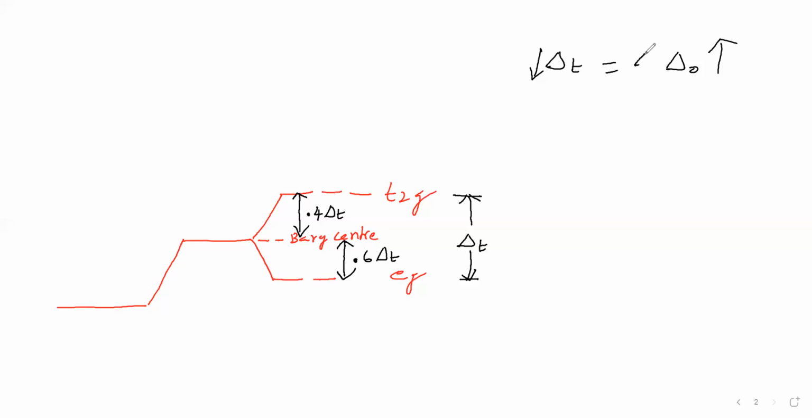The relation between them is: delta T is equal to 4 by 9 delta naught, we can say. So delta T is low, delta naught is more. Okay. Next,